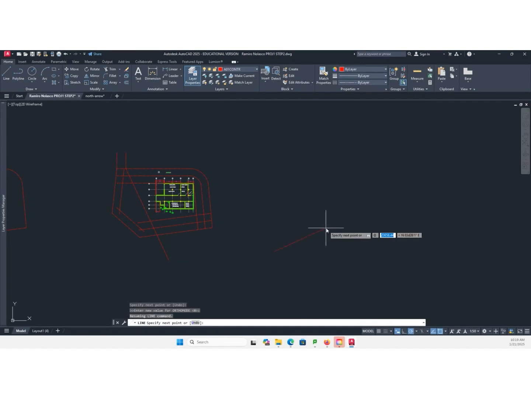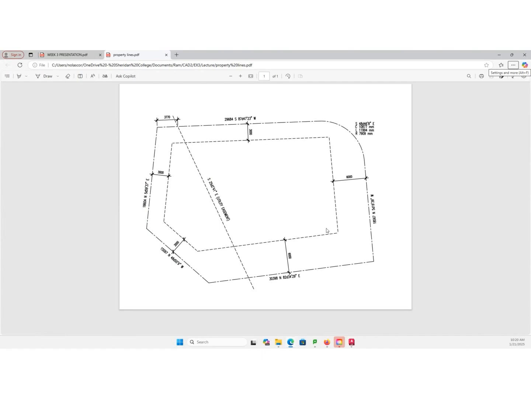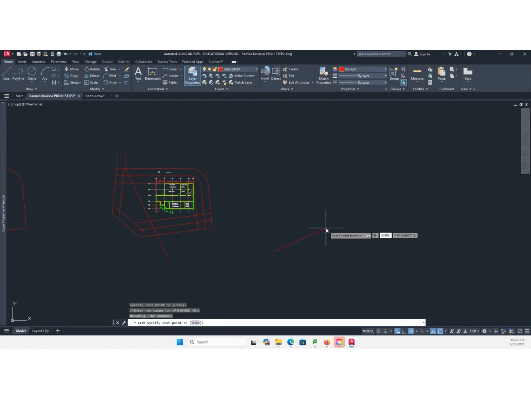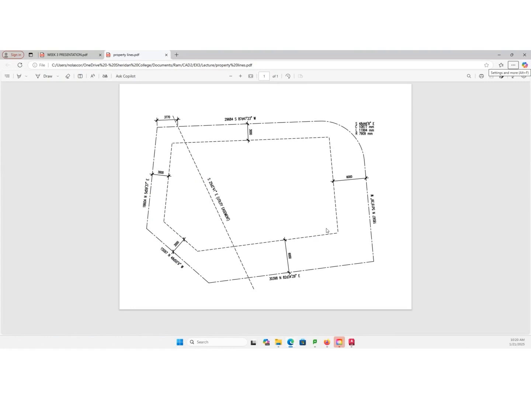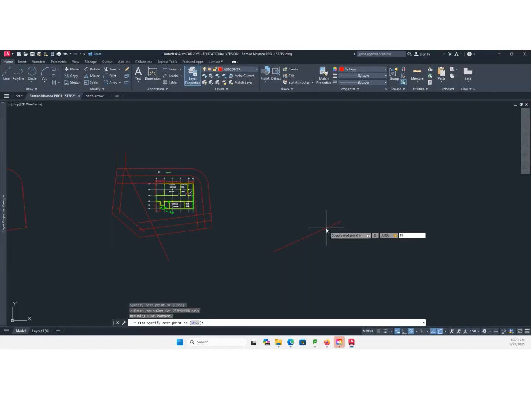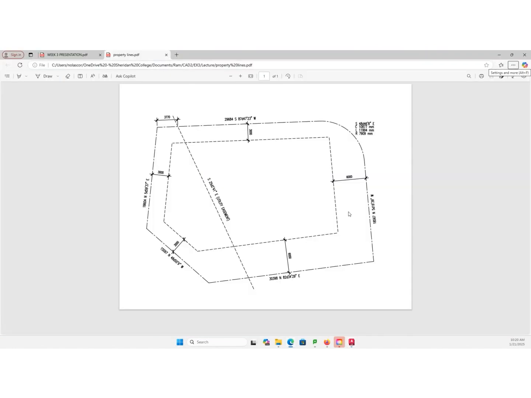So click and then at 30398, 30398 less than symbol north, 82 degrees, 34 minutes, 29 seconds, East. Enter.